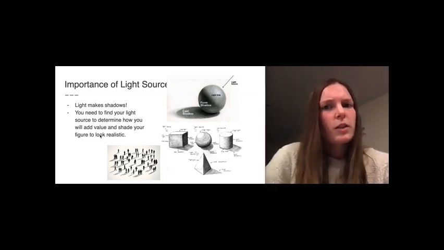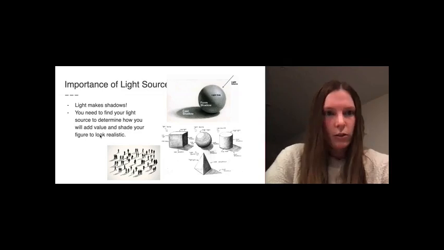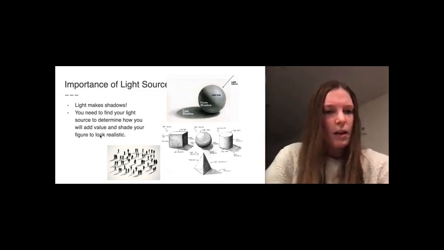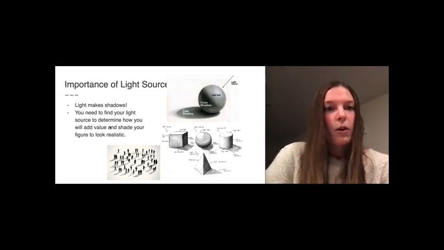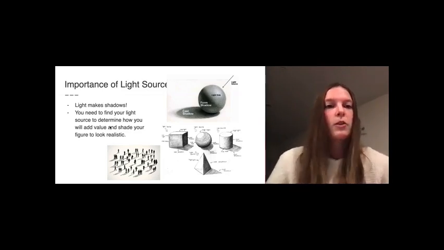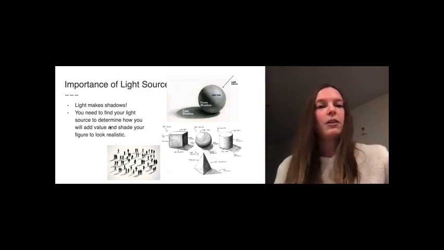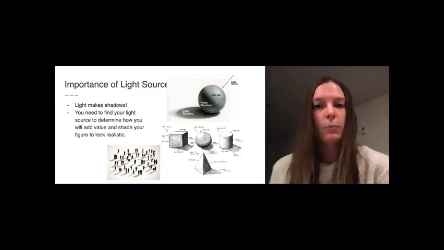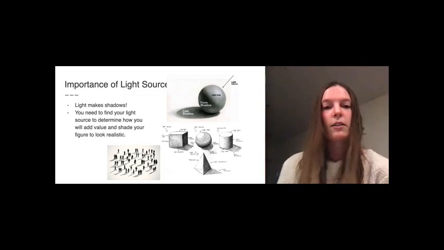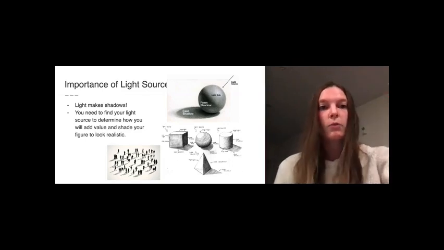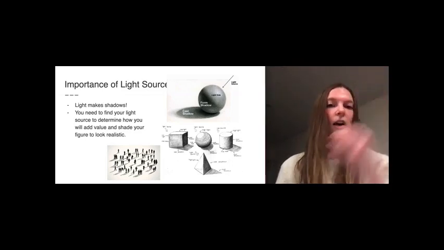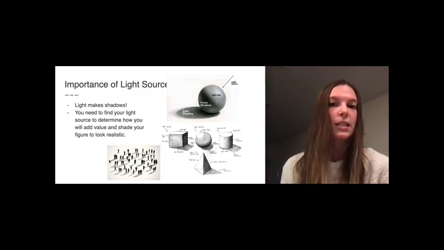One of the things you wouldn't really think about is the importance of light source with value. Did you think about that? No, right? Actually, light is really important because it makes shadows. When you stand outside and the sun is hitting you, like in this picture over here with the people, when you turn around you see this huge long shadow, right? Light is really important for value because it goes from something really light, the light hitting your head, and then all of a sudden going really dark when it casts a shadow.